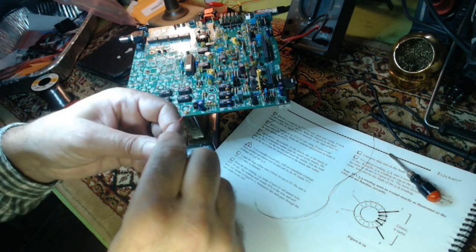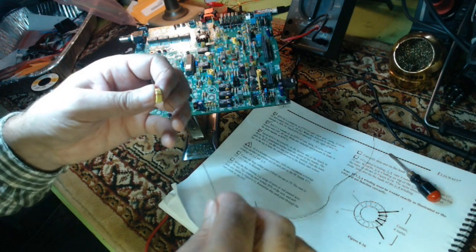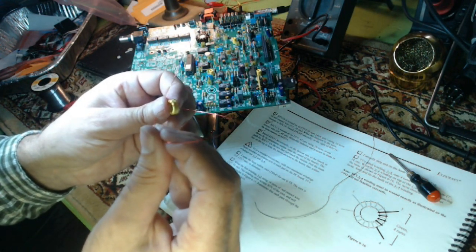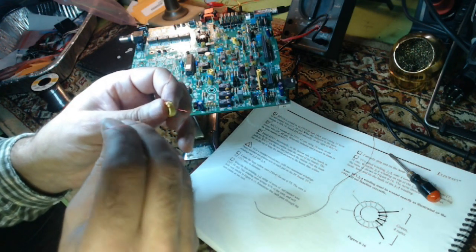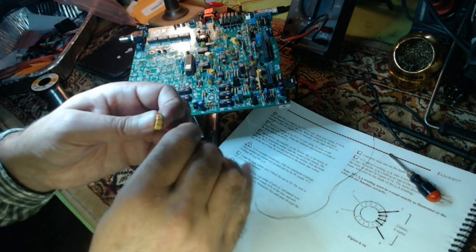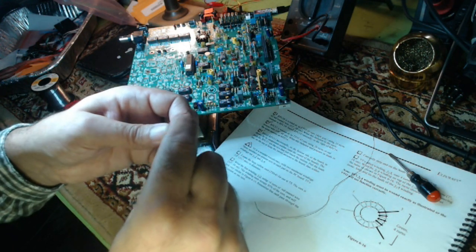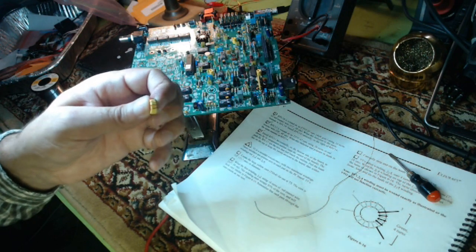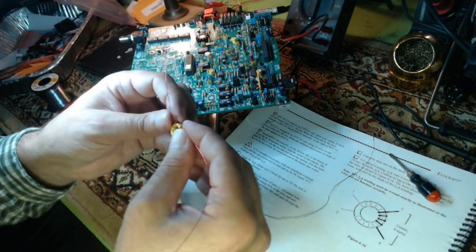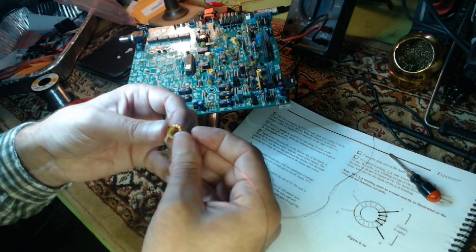You get into the higher number ones, and some of these have a lot of windings. You can't really count them once they're on there. There's just too many. That was 4. You get up over like 20 of them, and forget it. 30, 40 windings, and some of them can possibly have that depending on the frequency. You lose track. You can't possibly count them, so you really got to pay attention to how many windings you have. 1, 2, 3, 4, 5,